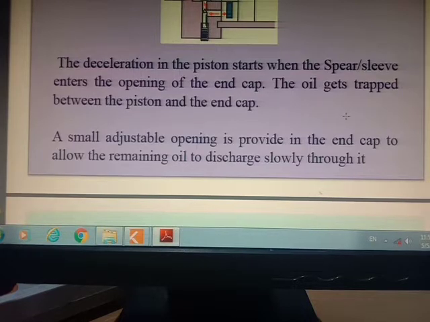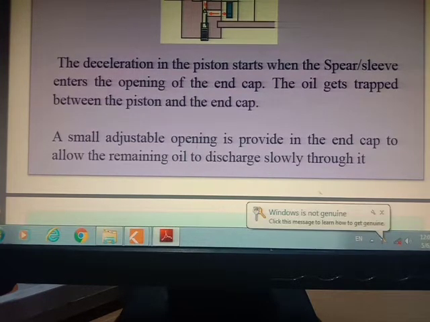is known as the cushioning arrangement, right? But when the oil flows from this end, now the intake is taking place. At the time of the intake, what happens? Due to this oil pressure, this wall also gets lifted and this wall also gets lifted, and from this end the maximum amount of oil will go to the piston side and push it in the forward direction. When the oil is entering into the cylinder through this port, there will be no restriction, so the inlet will be as usual.